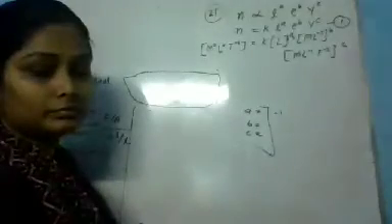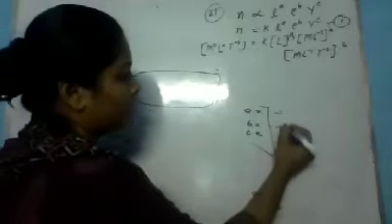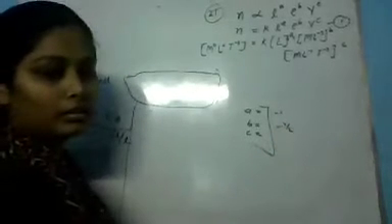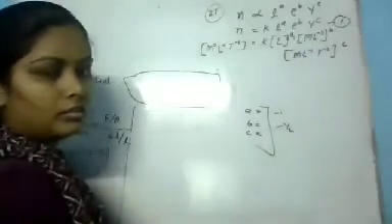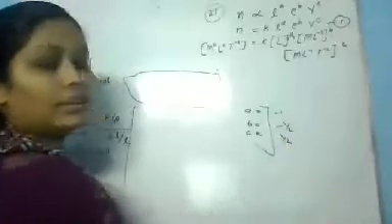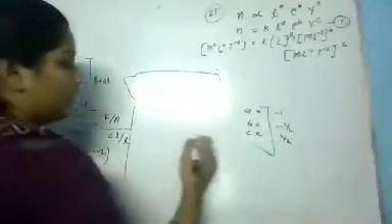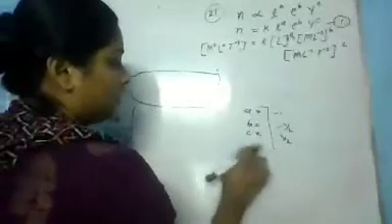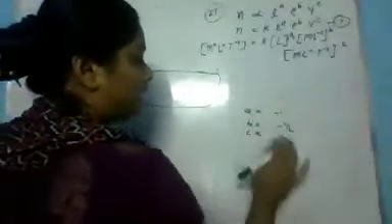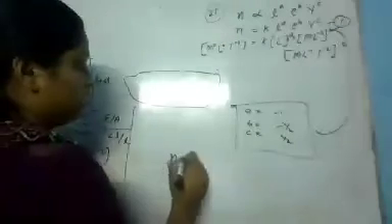Ma'am, a equals to minus 1. Okay. And b? b equals to minus 1/2. Okay. c? 1/2. Is anyone getting something else, or did the others not solve it? If you are getting any other answer, any other value, then quickly tell me. Now apply these values in equation number 1.